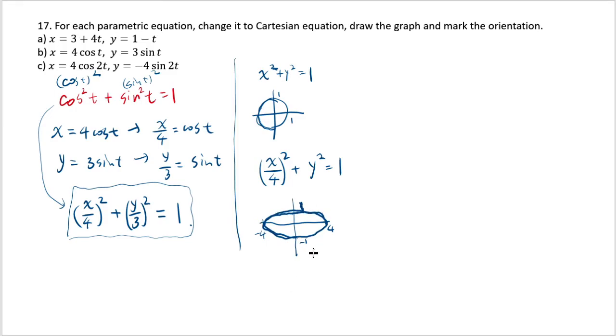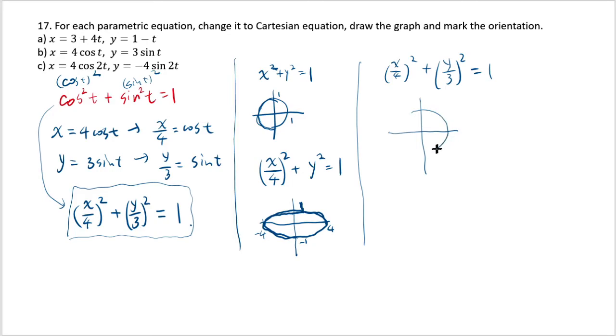Okay? And then finally, if you replace y by y over 3, then you do the same thing, but this time in the y direction. You stretch it three times the original. So the end result is that you get a bigger circle-like thingy where it's not perfect, but what I mean is that these are 4 and negative 4, and here it's 3 and negative 3. So that's the ellipse. So that's the graph of B,